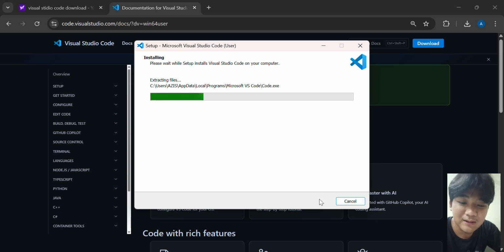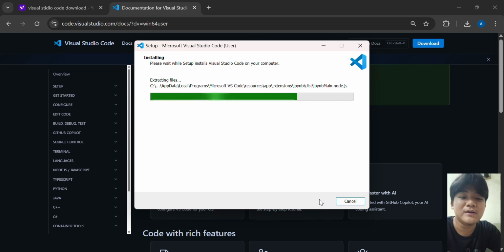While waiting, let's talk about why VS Code is a great tool for beginners. One of the best things about VS Code is that it's very customizable. You can change the themes, the icons, the font size, and even the color of the editor.